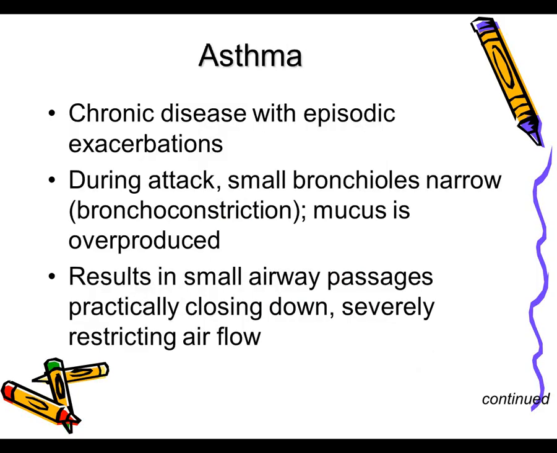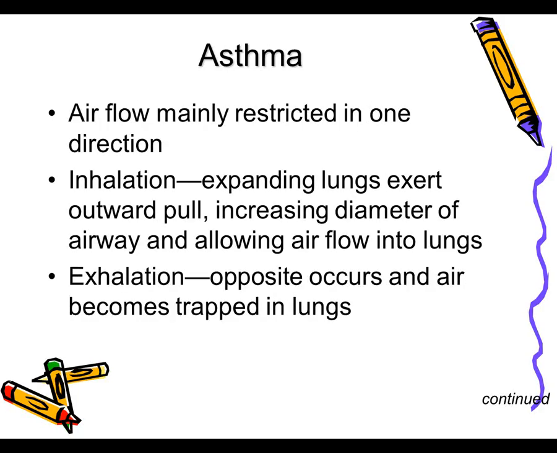Asthma is a chronic disease with episodic exacerbations. In other words, there are times where there's no problems, but there are episodes where an asthma attack will occur. And the small bronchioles constrict, and mucus is overproduced during an asthma attack. And so it results in the small airway passages practically closing down, severely restricting airflow to the lungs. Airflow is mainly restricted in one direction, and that's exhaling. It's hard to get the air out. And that's important to note